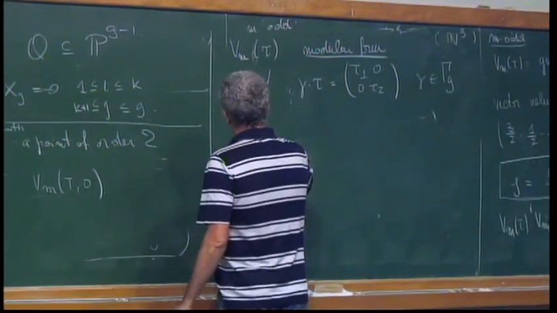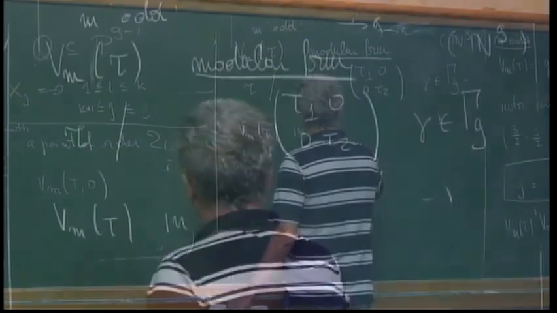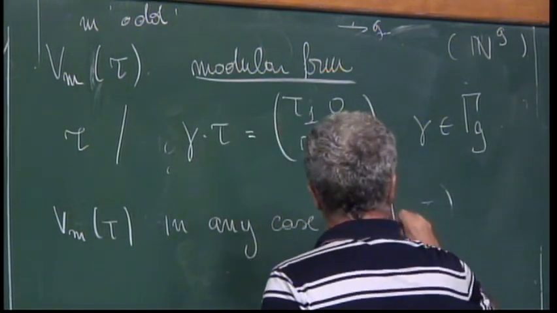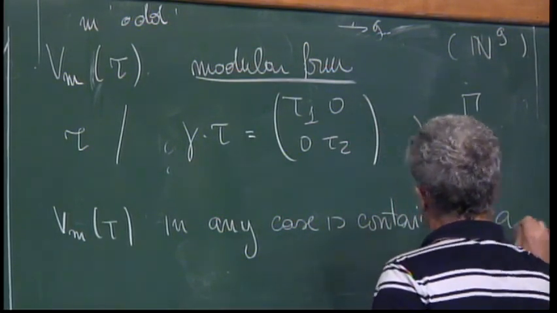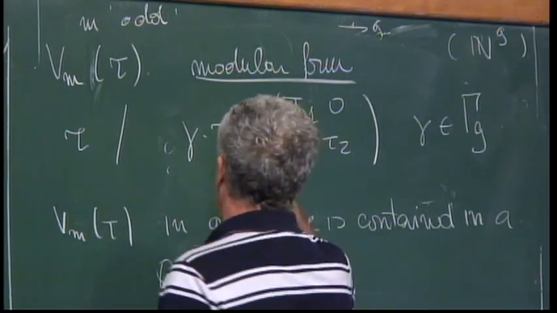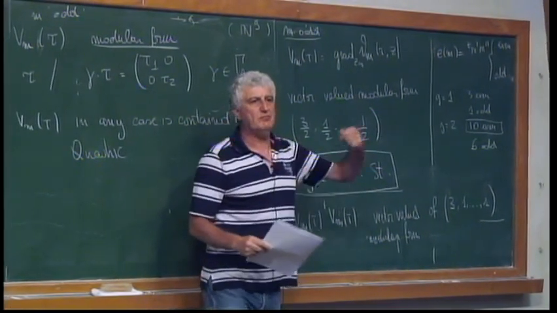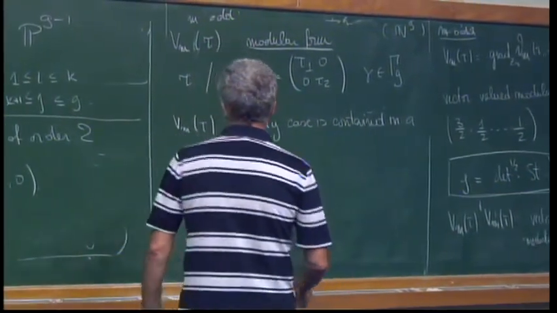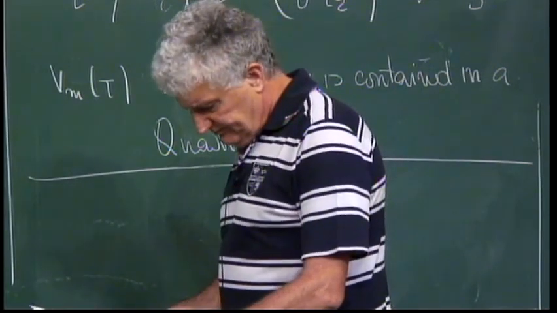That V of M of tau is, in any case, contained in a quadric. Because applying the transformation formula, just doing a transformation through GLN, if some point is in a quadric, its transform is in a quadric. So all these points are contained in a quadric. Okay? Now, I want to prove